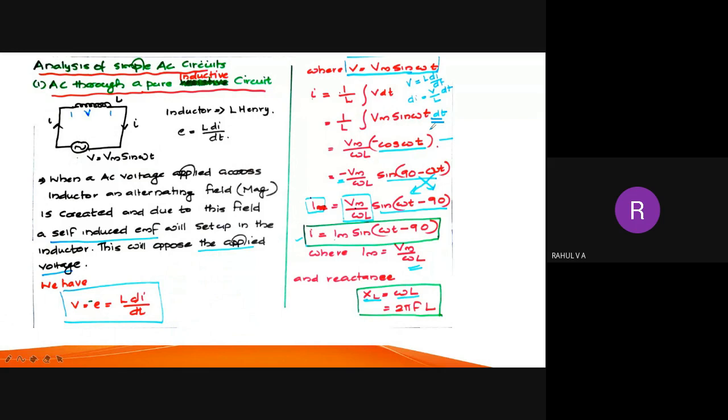Now how to integrate? Vm is a constant, the peak value of the AC waveform, so I can take it outside. So what is the integral of sin omega t? Someone tell me. Integral of sin omega t is